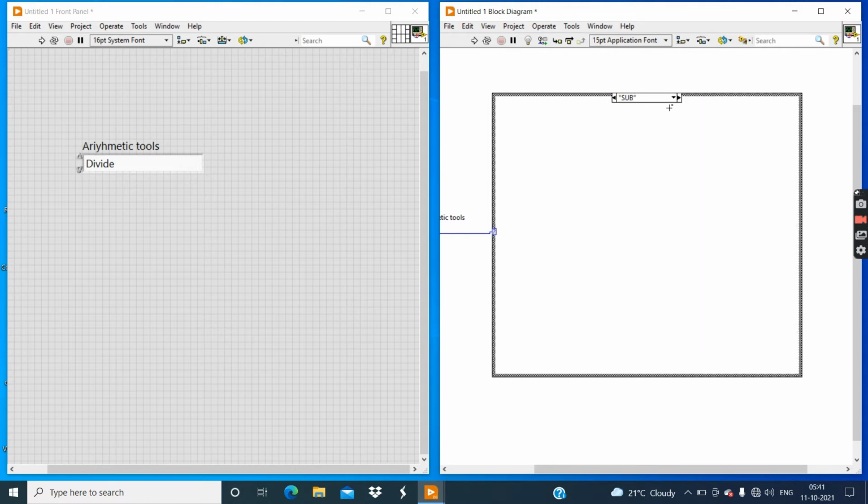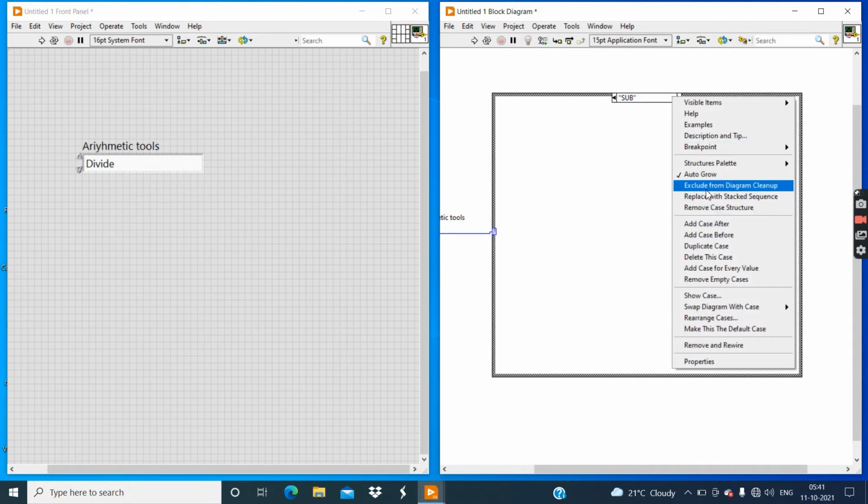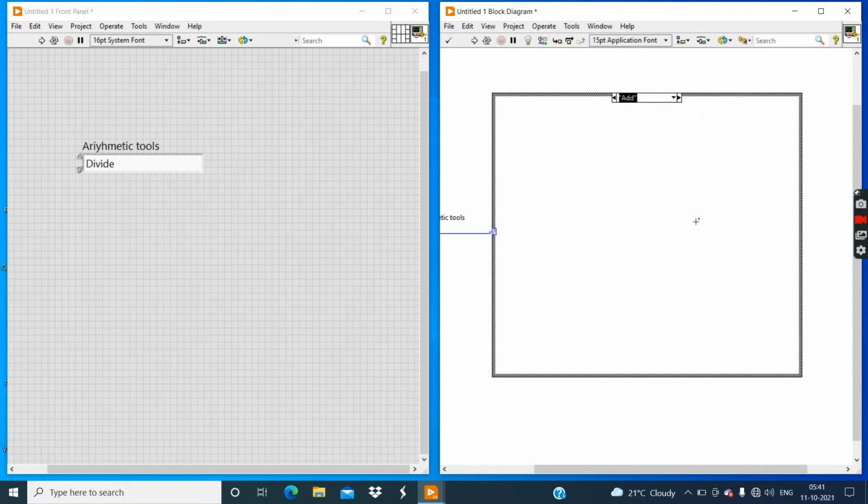Yeah, now our third option is available here. Again we have a fourth option. So again right click and click on add case after. Now we have four options available. If I click on this add, now the sub diagram of add is visible.